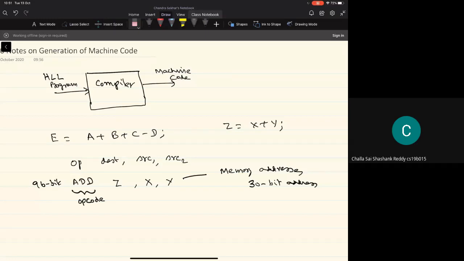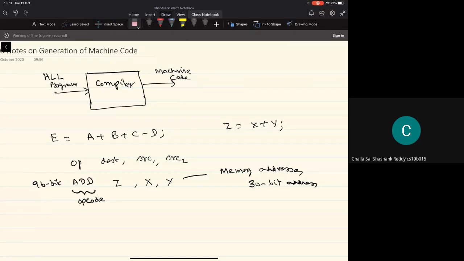Then only my instruction information can be obtained. After I get the instruction information, then we have to perform the operation and carry out the execution of the instruction. But this is a very complex representation, where every instruction takes the size of 3 words, where each word is of 32 bits, right? So this is not feasible, all right? So we need a simpler format of the instructions, where typically each of these instructions can be stored in only one word if possible, or a maximum of 2 words, okay?